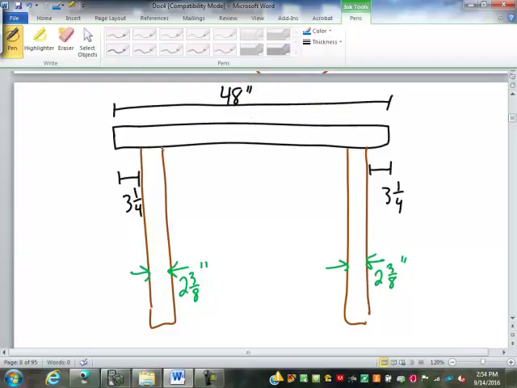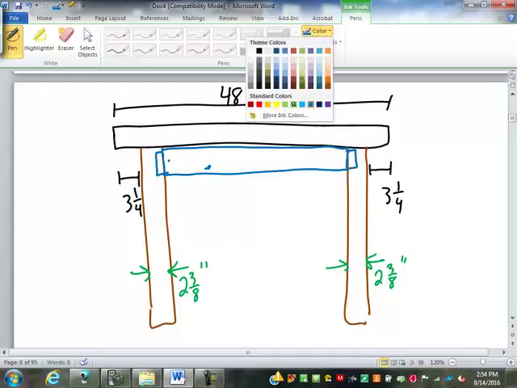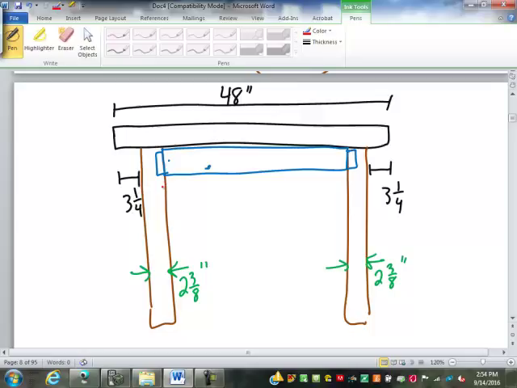We are going to do a rail that fits in here, but we're going to do a mortise and tenon. I don't know if you guys are familiar with that term. What a mortise and tenon is, kind of like a tongue and groove. There's going to be a piece of this wood right here that sticks out and fits into a slot in the legs on each side. So that tenon that sticks out is going to go into there